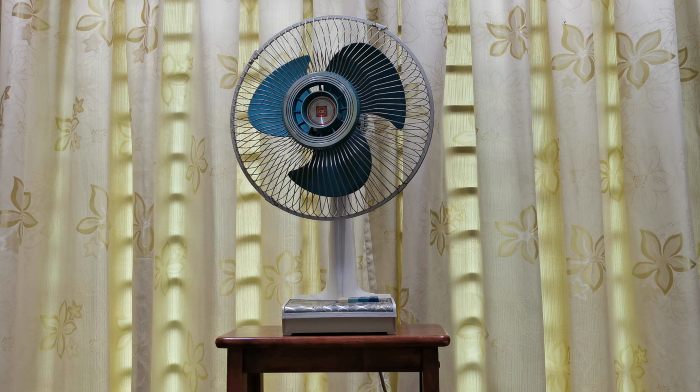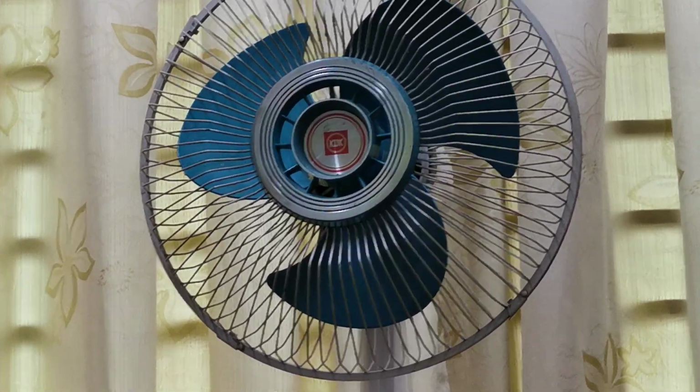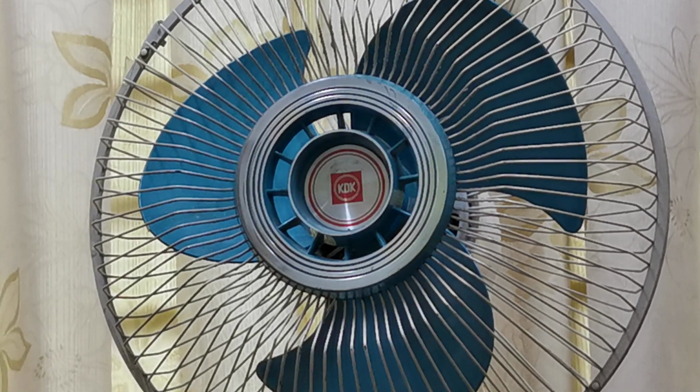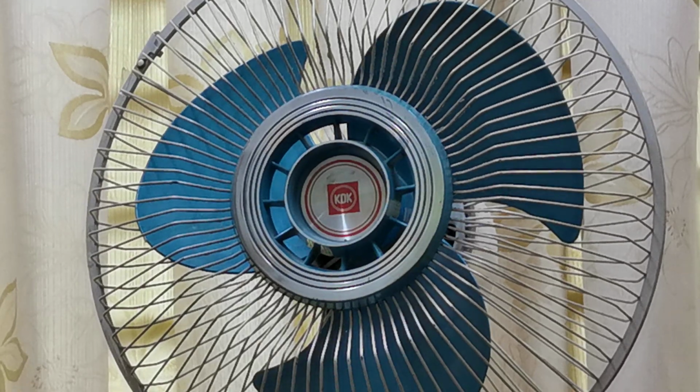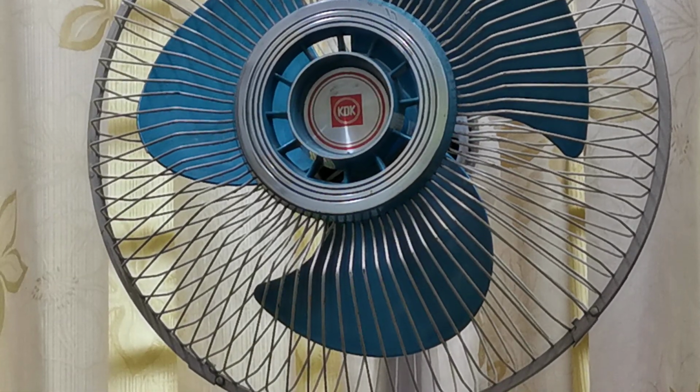And of course there are some signs of wear and tear, but that is to be expected for a fan of this age. Also, I don't know if you can see that on camera, there is a minor crack in one of the blades, and I think